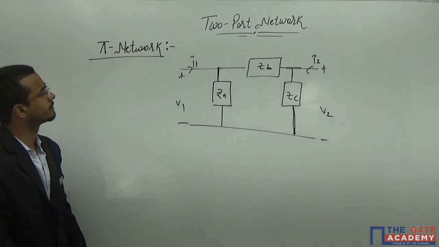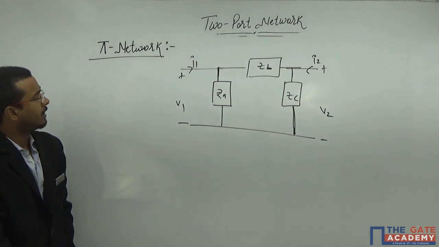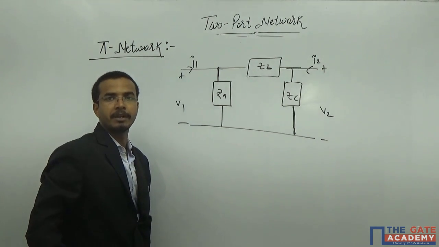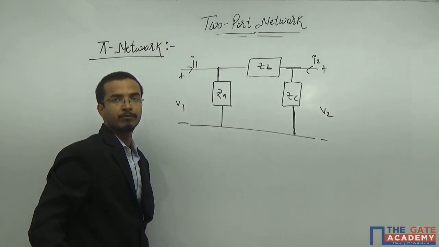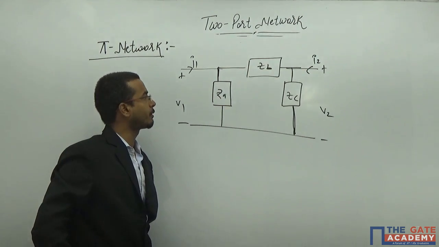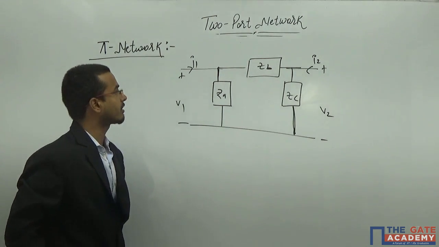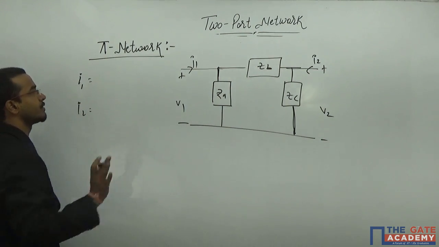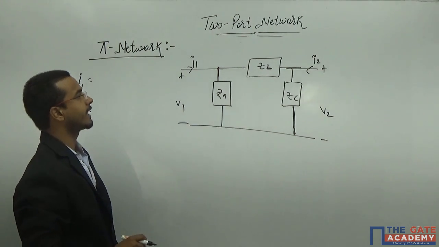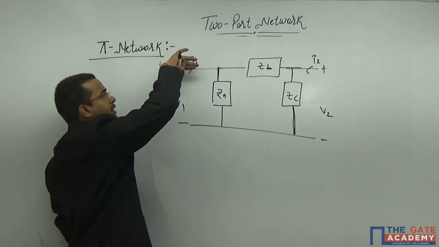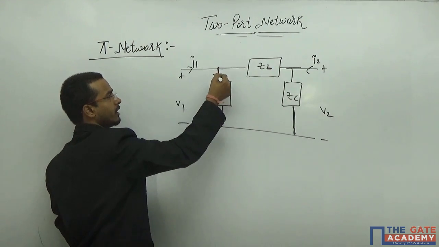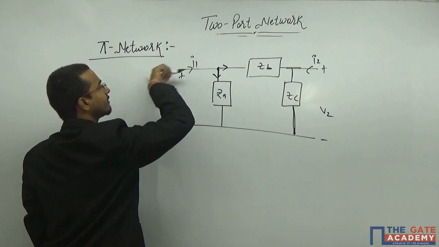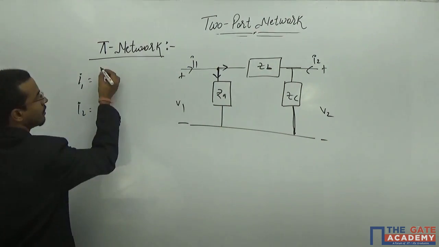And here, calculate the Y parameter of this particular network. Y parameter means the independent variables will be V1 and V2 and my dependent variables will be I1 and I2. That means I will try to manage I1 and I2 as a function of V1 and V2. Just try to write down the KCL equation. I1 is coming towards the node, this particular current will go here and this particular current will go here. Try to apply KCL at this particular node. It is incoming towards this and the remaining current will go outside of this.